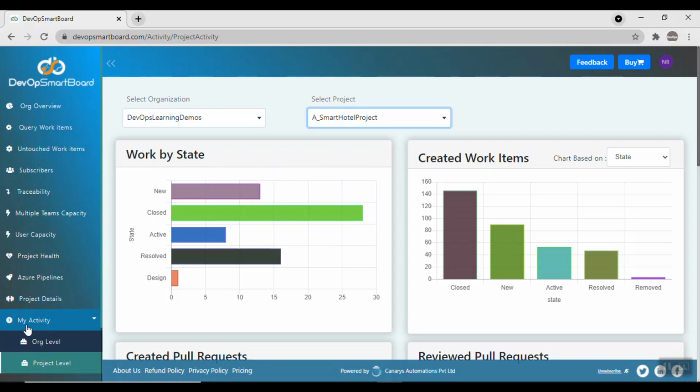So many activities, right? And in Azure DevOps it's going to be difficult to go and search in different places. So the main advantage here is that in one single view I can get all my activities and I can take actions, take decisions based on